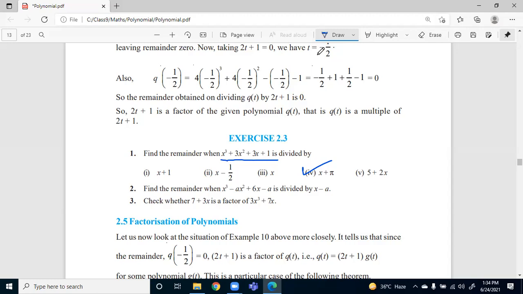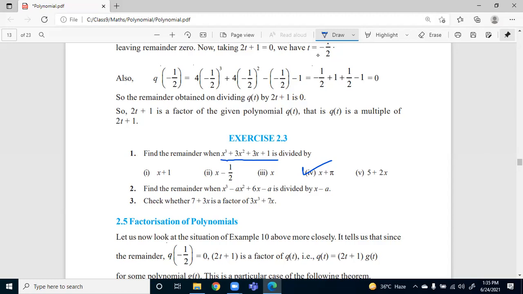So you need to do one more step after that, Dhanvi. That is correct. Do one more step. That is not the final answer. That is only the first step of this question. What is the second step? That is the answer. Ma'am, 5a is the answer, a cube minus a cube will be 0.